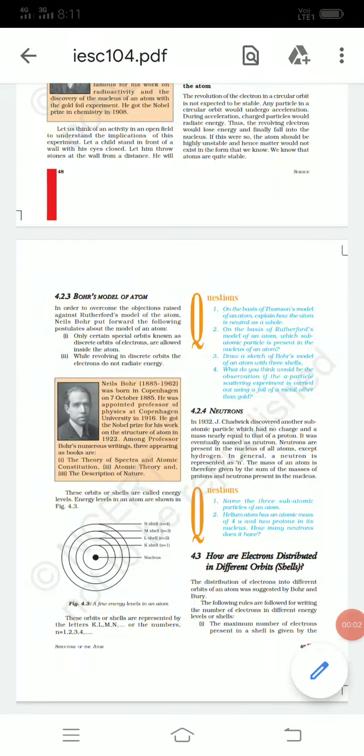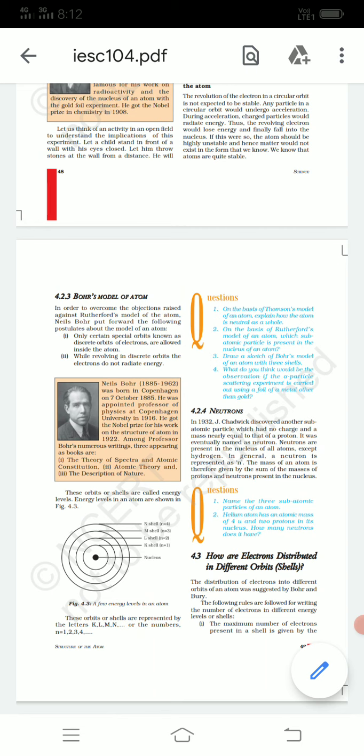Good morning, everyone. Today we are going to start our next topic, Bohr's model of atom. Till now we have done Thomson model and Rutherford model. Thomson gave us the model of atom in which he compared his model with a watermelon. He said that the positive part, the red edible part of the watermelon, is the positive sphere of the atom, and negative electrons are embedded in the positive sphere just like seeds.